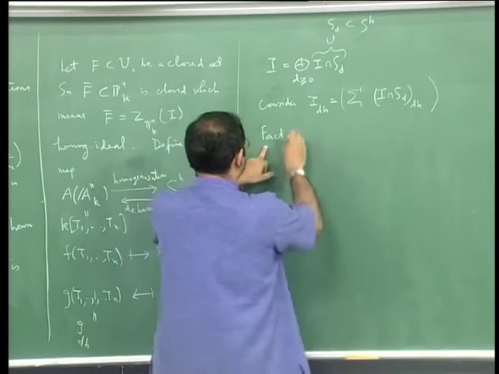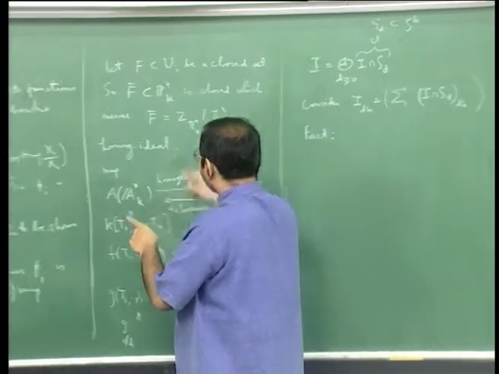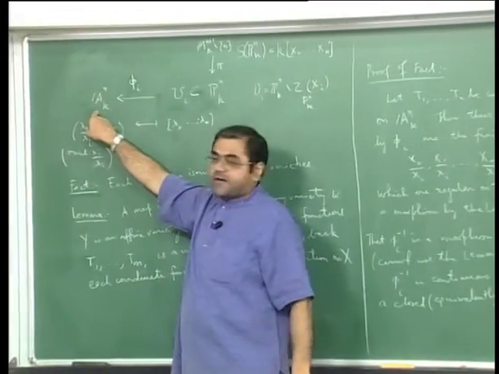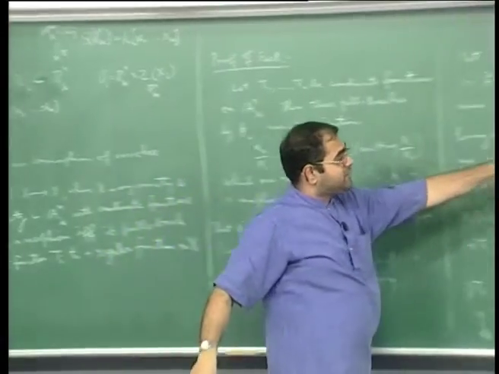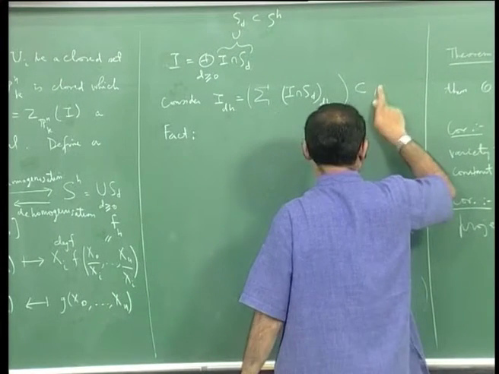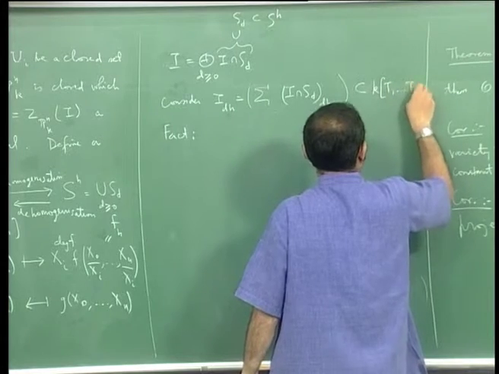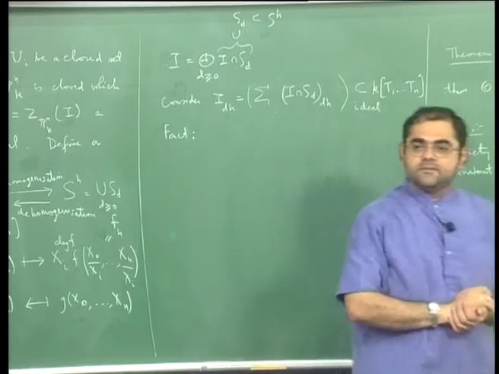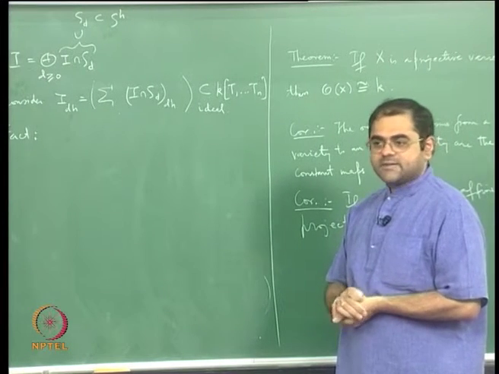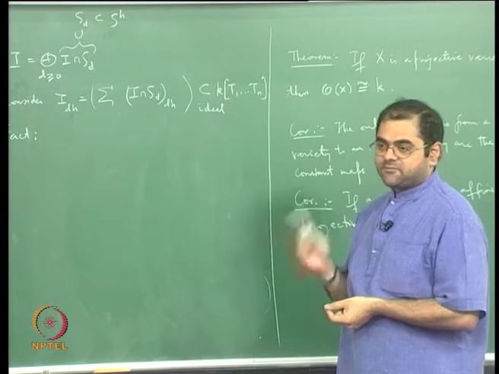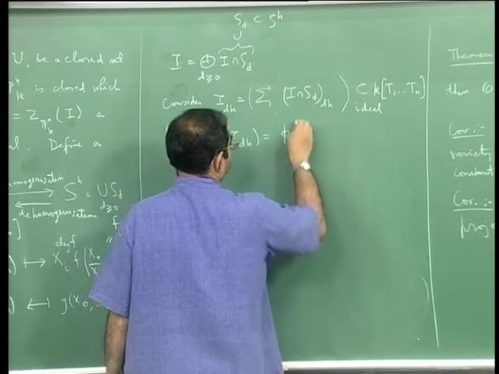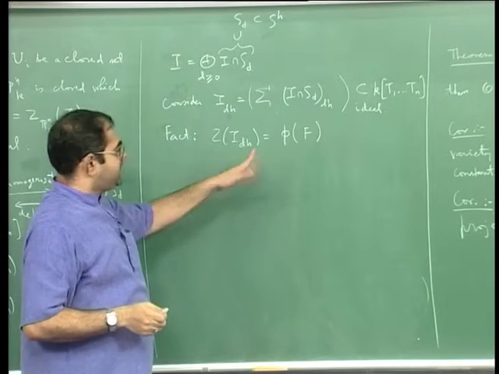Alright, and the fact now is that the image of this f under this phi is, I have to verify it's a closed set, and what is a closed set? It's just the zero set of an ideal. Mind you, this ideal is an ideal in A, in K[T1, ..., Tn]. This is an ideal, and so it defines a closed set, and that closed set is actually the image under phi of f. So the fact is Z of I dh is equal to phi of f,